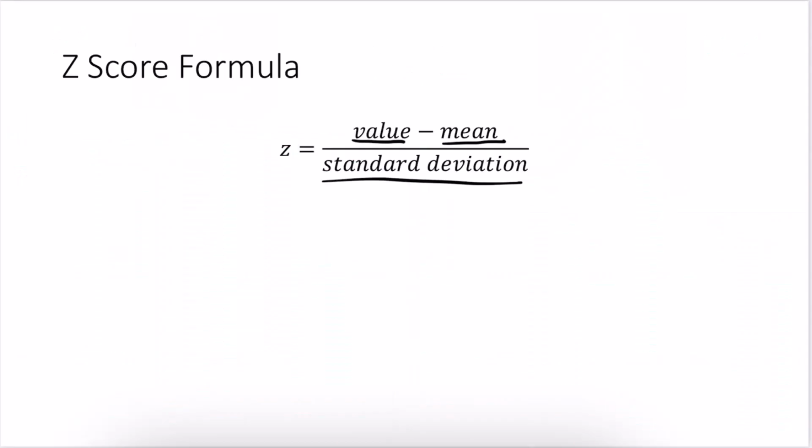So to recap this, the way that you calculate the z-score is you take the value for the individual that you're looking at, subtract the mean, and divide by the standard deviation. And then you can use that z-score to interpret how many standard deviations away from the mean your individual is at. And you can also use z-score tables to find the